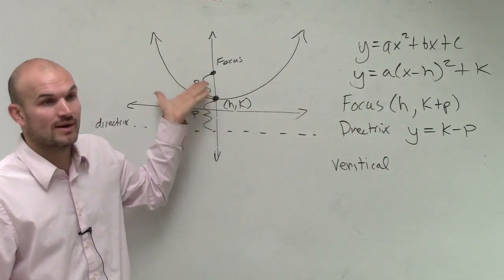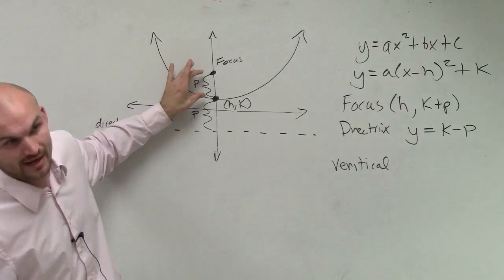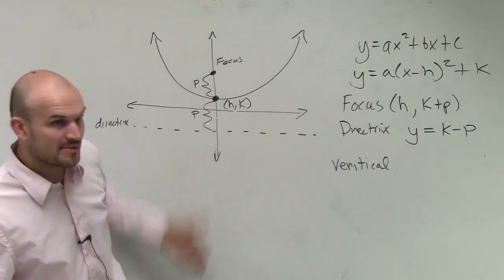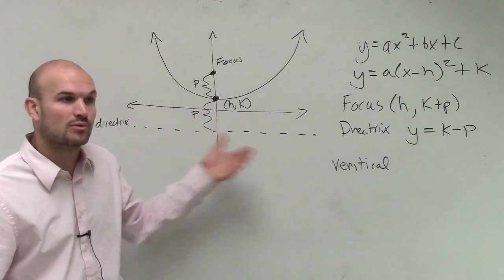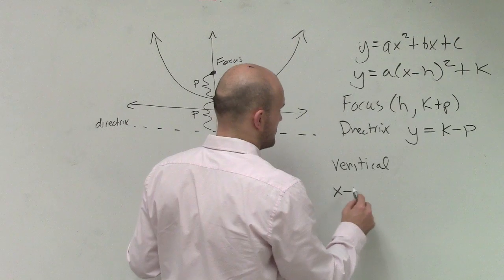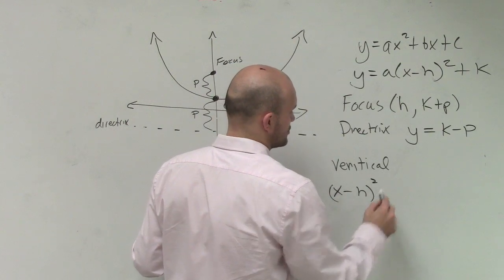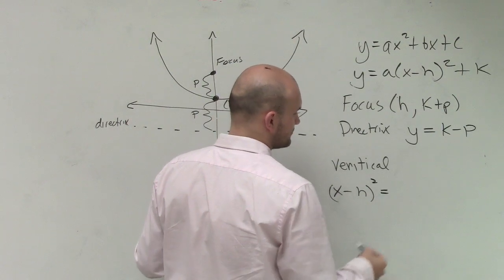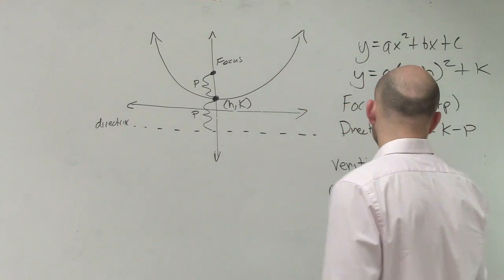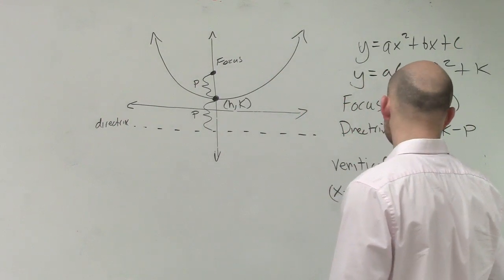If p is greater than 0, it's going to open up. If p is less than 0, your parabola would open down. For a vertical parabola, you're going to have x minus h squared equals, I believe it was, 4p